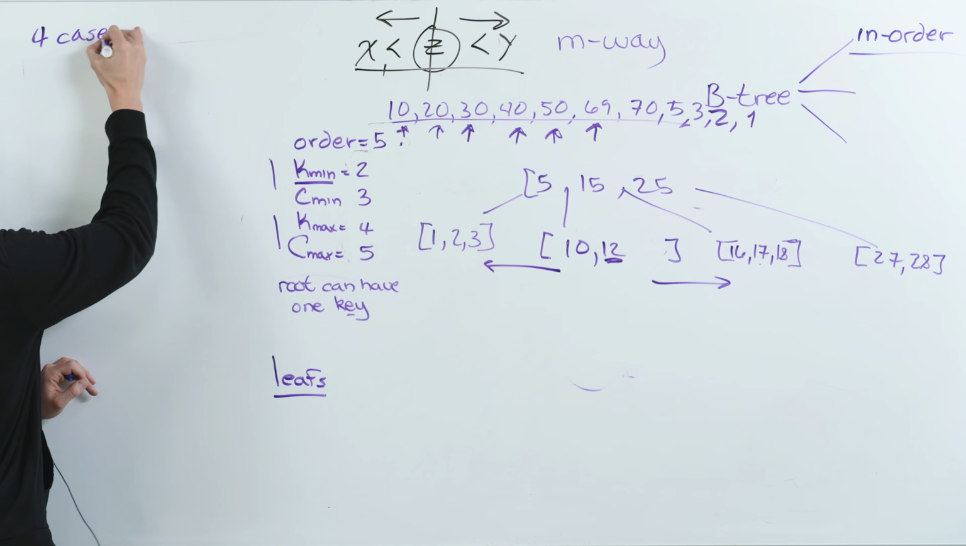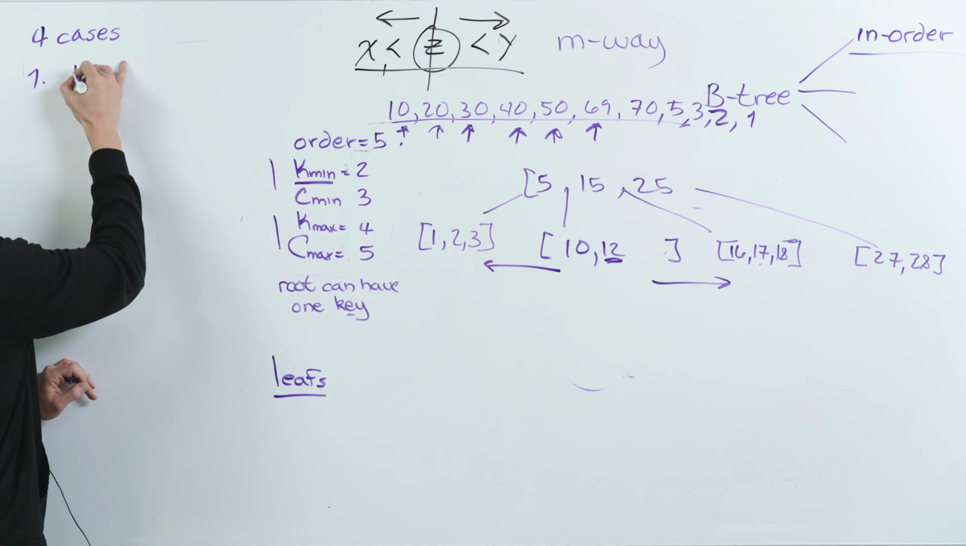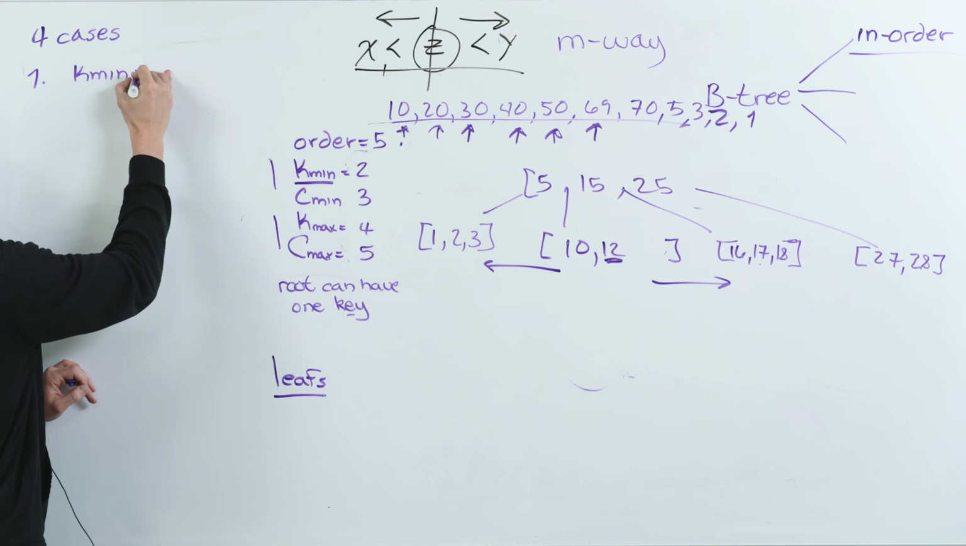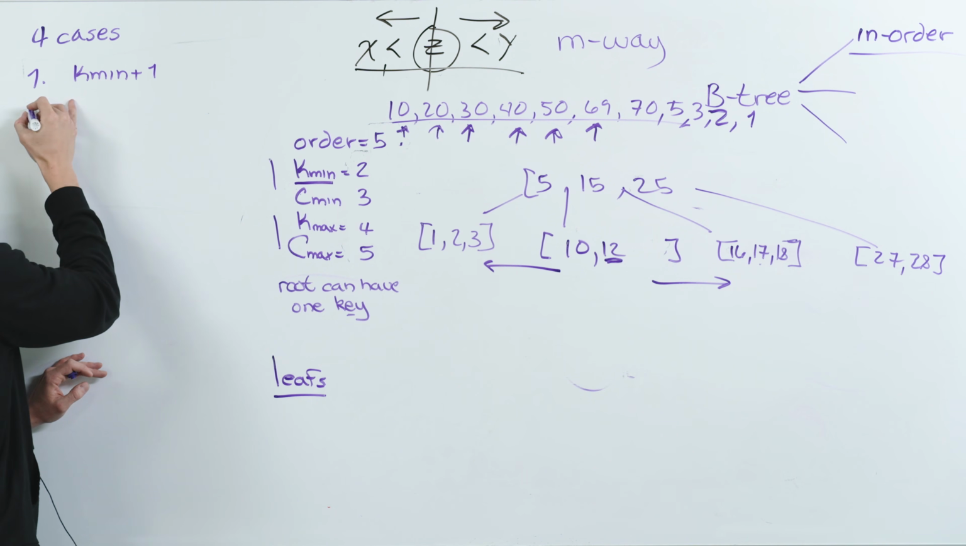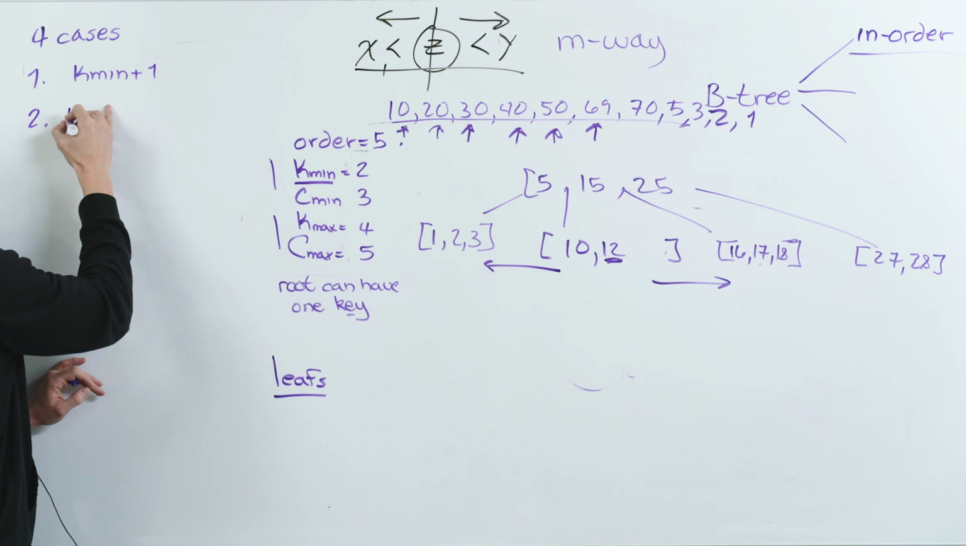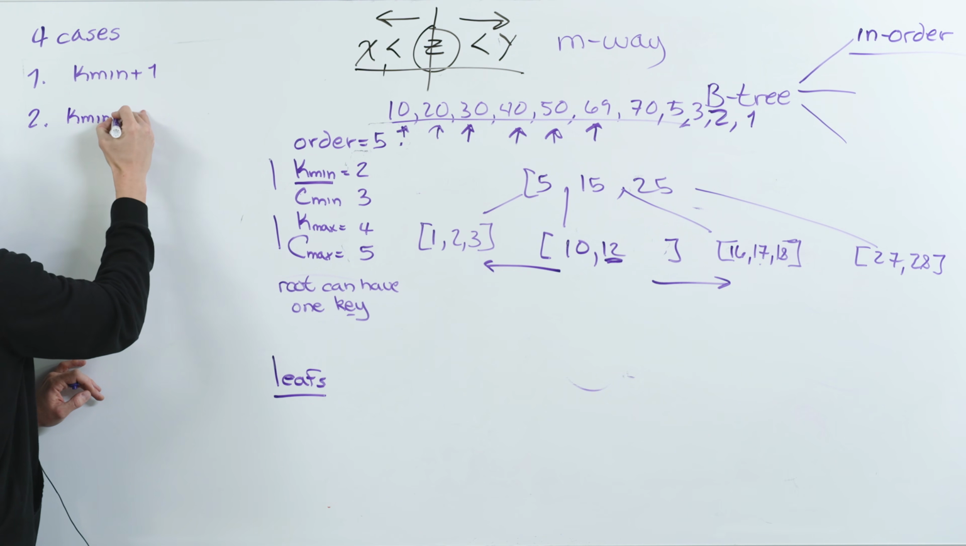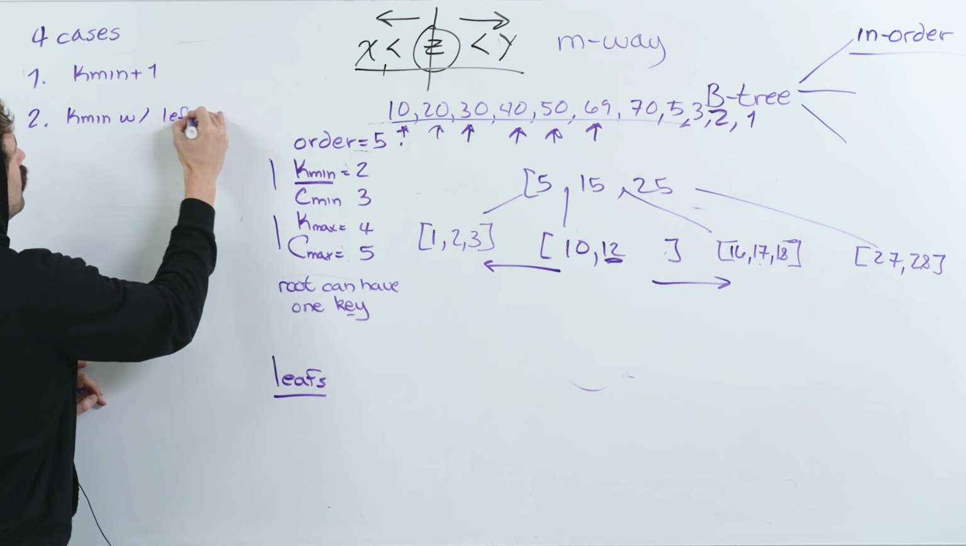4 cases. 1: kmin plus 1. We already did that one. That's easy peasy. The next one is kmin with left